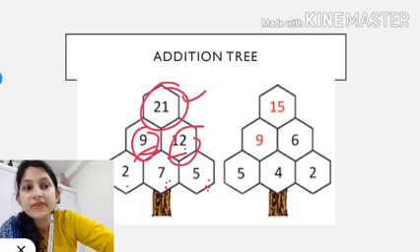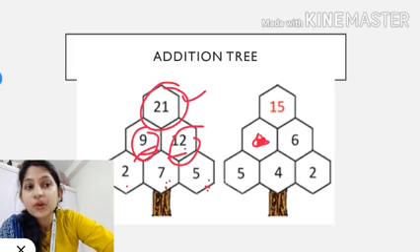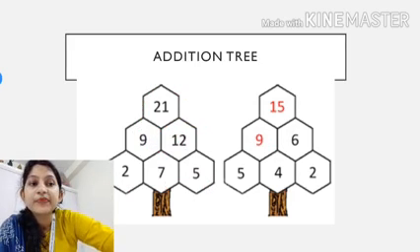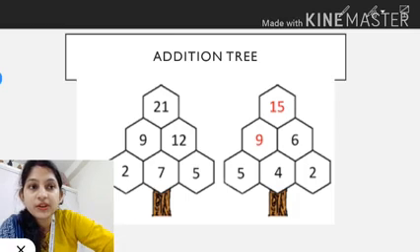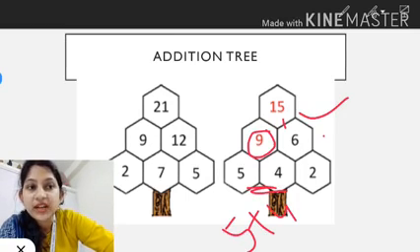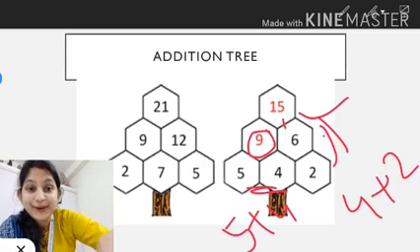Like that a box can be missing. For example, if I erase this one and ask you what number will come here, you have to guess that. So 6 is here. So 6, what number will you add here so that it becomes 15? Of course, it will be 9. So 9 plus 6 is 15 here. Now what about 9? 5 plus 4 equal to 9. And what about here? See here, 6 is there. 4 plus 2 is 6. I hope it is clear to you.